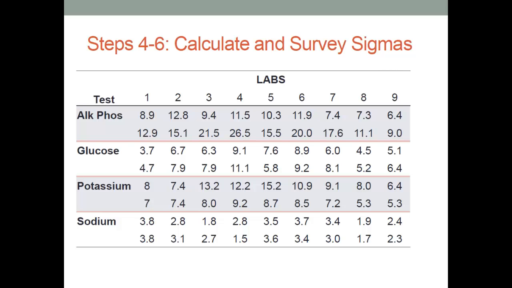So this was kind of eye-opening. Sodium is not one of the real strong methods, largely because total allowable error is a lot more narrow than a lot of the other methods. Total allowable error for the enzymes might be 20%, 30%. That affects the sigma, where sodium, as defined by CLIA, has a much tighter TEA. So I think this is a very important thing to do if you have Westgard Advisor. Just survey your methods for sigma, see where you are.